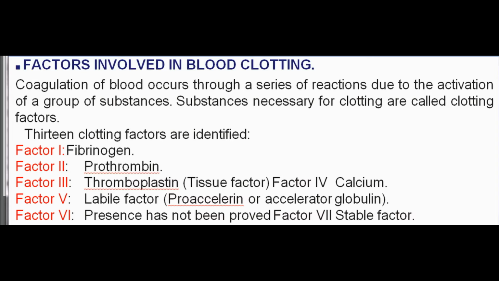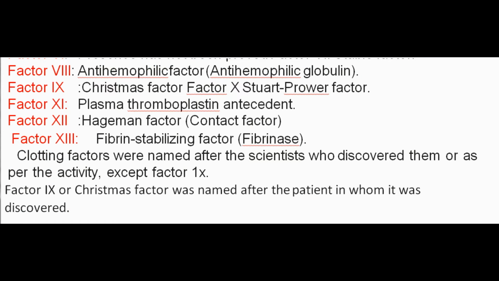Coagulation of blood occurs through a series of reactions due to the activation of a group of substances. Substances necessary for clotting are called clotting factors. 13 clotting factors are identified: Factor I, Fibrinogen; Factor II, Prothrombin; Factor III, Thromboplastin, tissue factor; Factor IV, calcium; Factor V, Labile factor, Proaccelerin or accelerator globulin; Factor VI, presence has not been proved; Factor VII, Stable factor; Factor VIII,